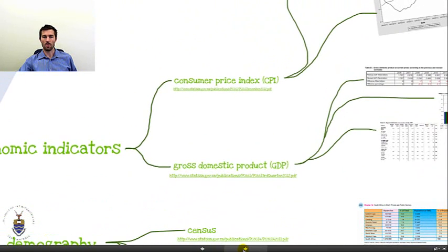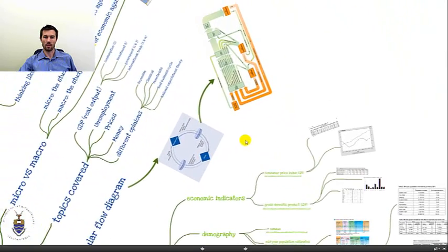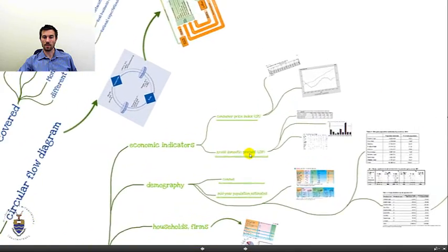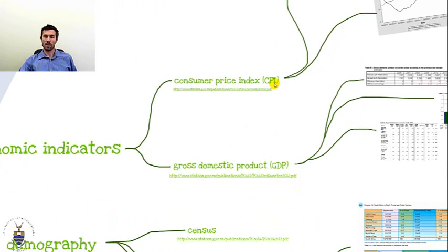So, 2 most important economic indicators, the Consumer Price Index, or CPI, and Gross Domestic Product, or GDP. If you remember in our previous videos, we said that in macroeconomics we're interested in GDP and in prices. Well, that's exactly where we are. Prices and GDP. What we will do is just take a look at a couple of graphs from the document